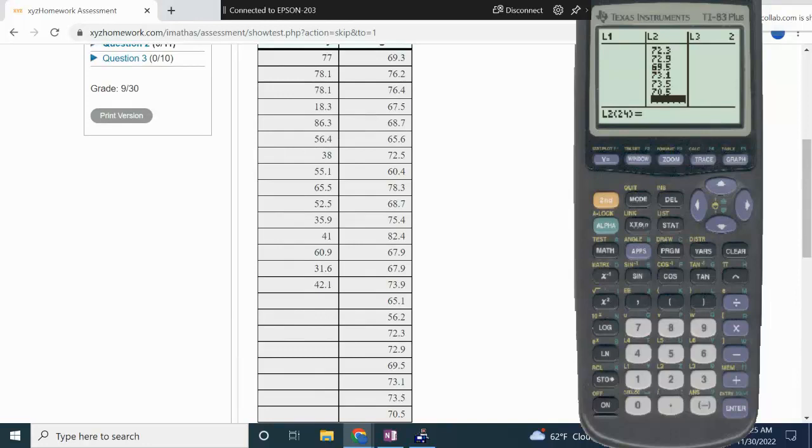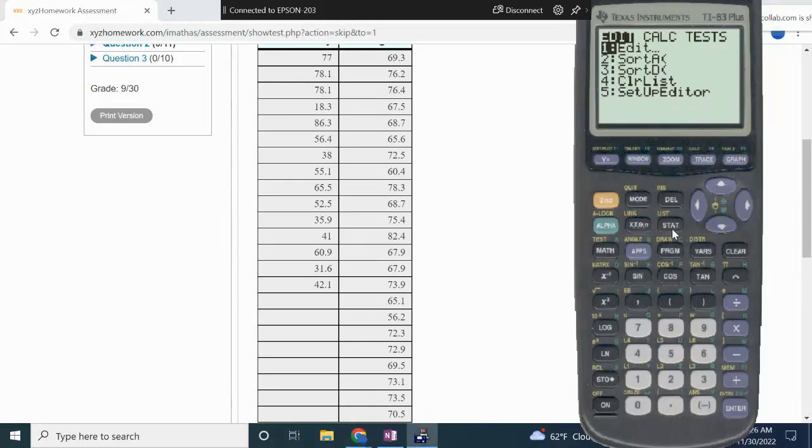So hopefully I put all of these numbers in right. I do have bad eyes. But you put all of the data points in for list 1. There were 15. Put all of the data points in for list 2. So once you have entered the data in your calculator as a list,